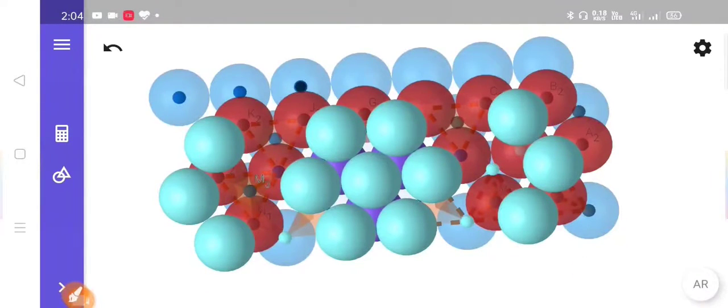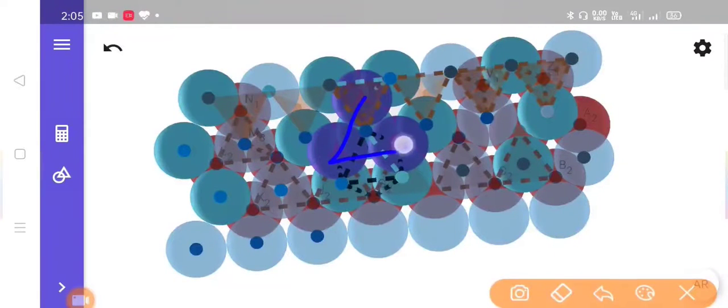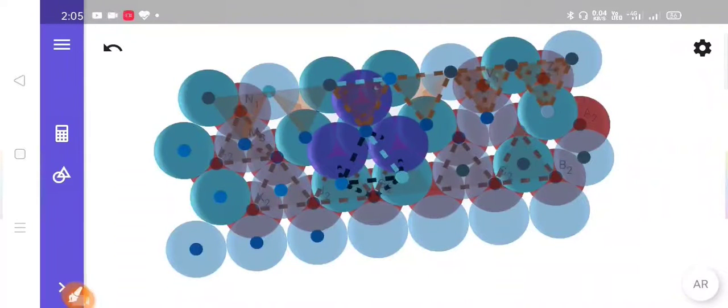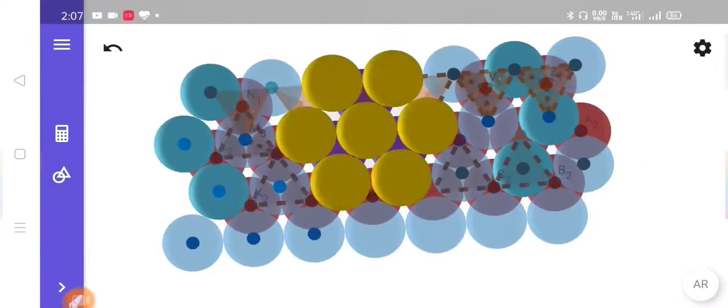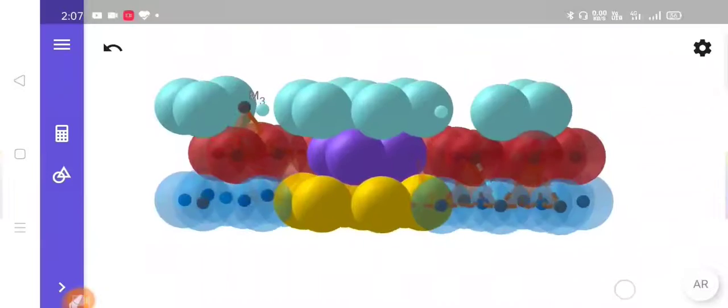Now similarly, as mentioned in the previous image, the center spheres will create a triangle. If we connect the centers of these 3 spheres from the center layer, it gives a triangle shape. And now let us talk about the bottom layer. The bottom layer and topmost layer are exactly the same. So we have to choose 7 spheres from the bottom layer just like the top layer. So here we selected them.